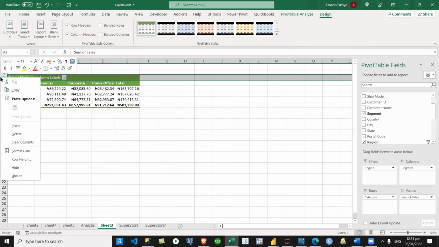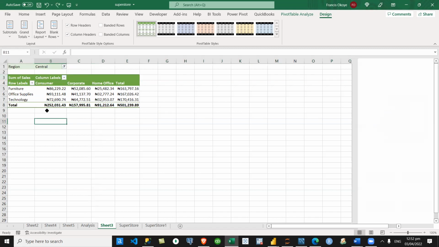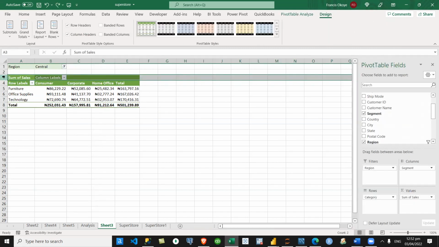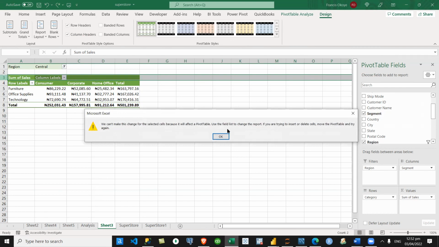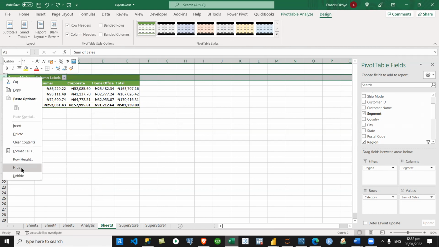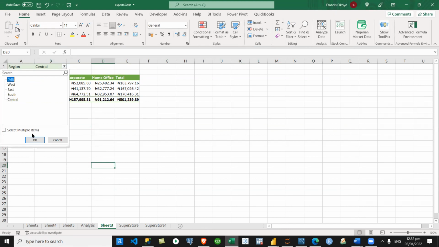If you don't want to delete it, what else can we do? Can we hide it? Okay. Now, can you see, when you are deleting the pivot table, it will not allow you to delete it. If you don't want to, you can hide it here, because it is just a report, but there's no calculation going there. Do you understand that?